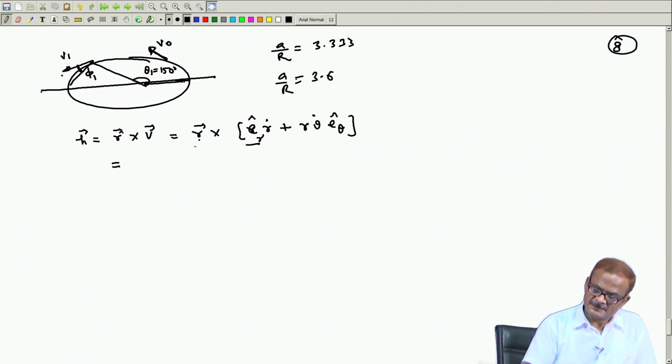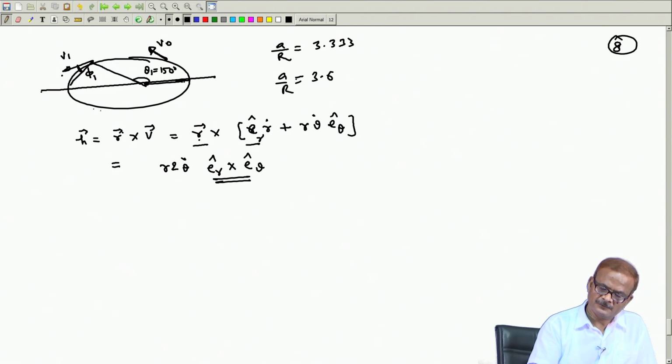And this being the same vector, this cancels out, and here you get r square times theta dot times E r cap cross E theta cap,